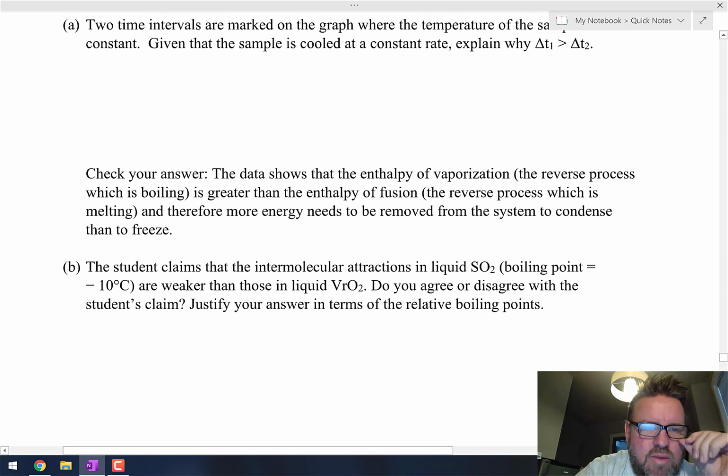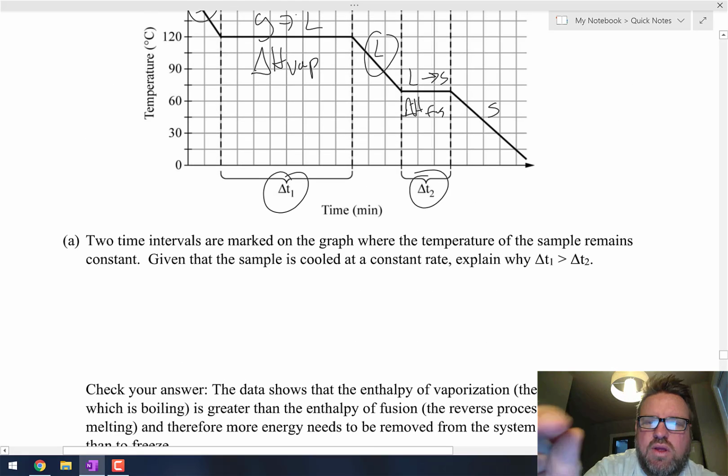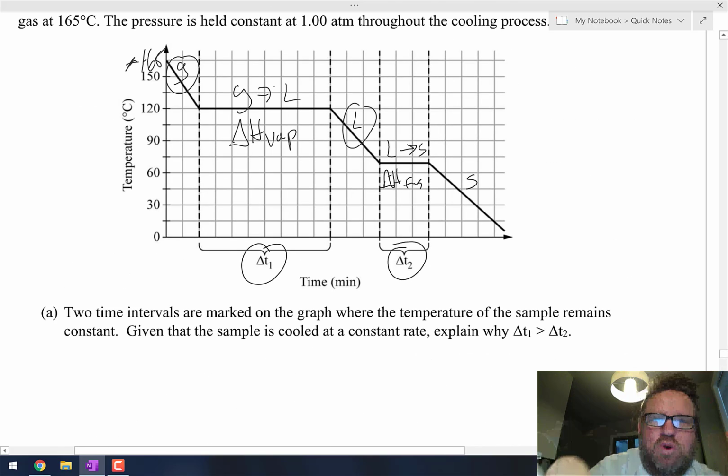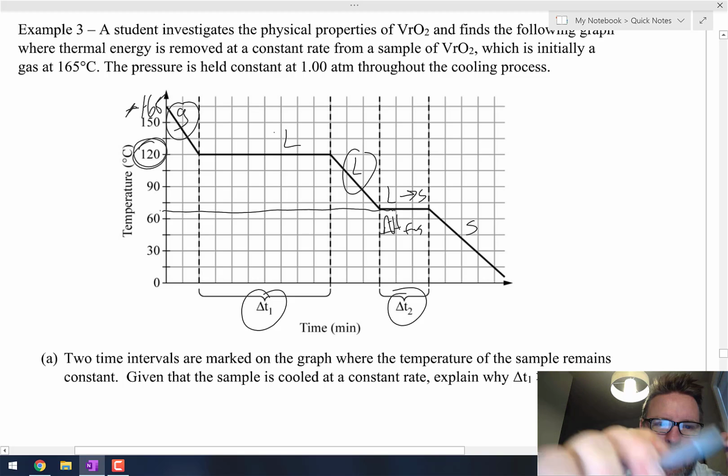Okay, and then letter B, the student claims that the intermolecular attractions in liquid SO2 has a boiling point of -10 are weaker than those in liquid VRO2. Do you agree or disagree with the student's claim? So in liquid VRO2, let's see. So we're talking about the boiling point. So what's the boiling point of VRO2? Again, it's right here. It's that point right there. Here's the freezing point. So whatever that is, 70 or so. But then the boiling point would be